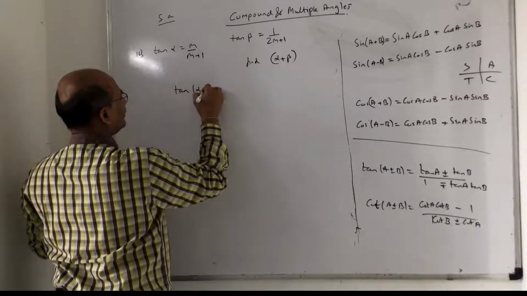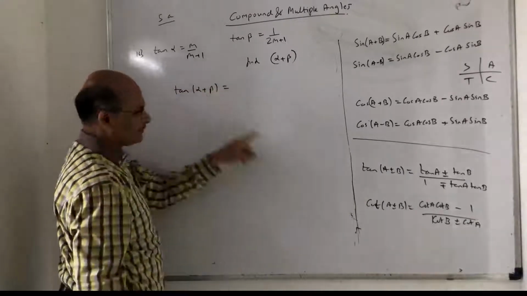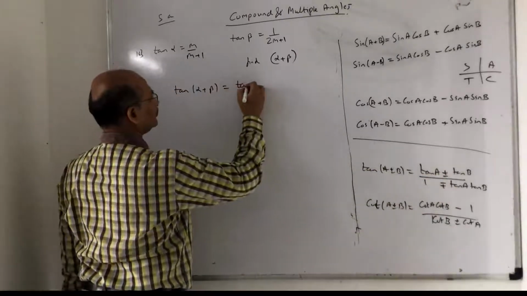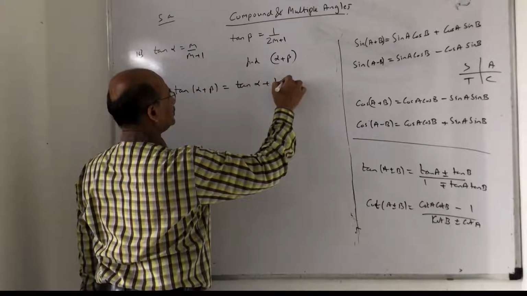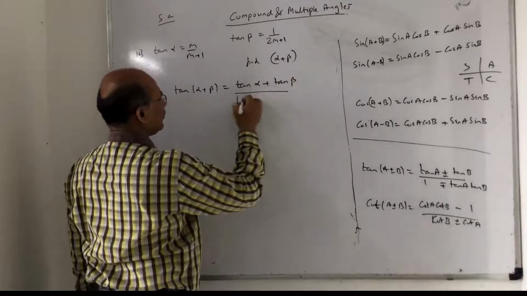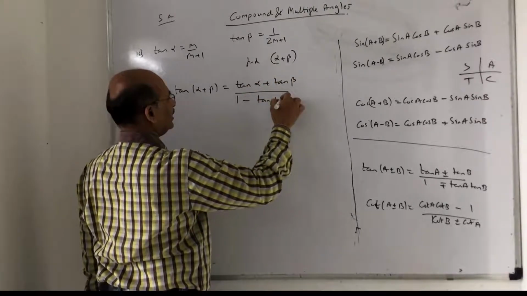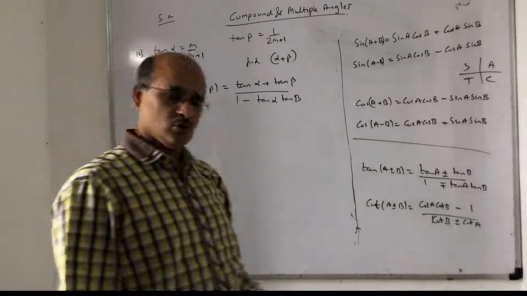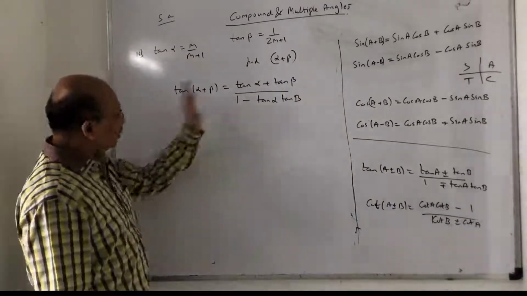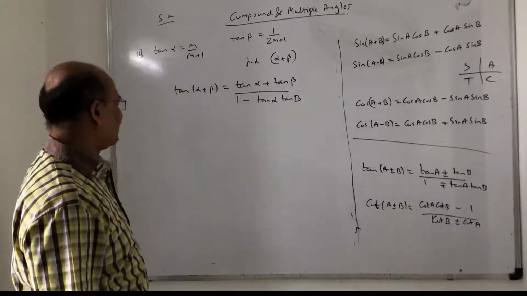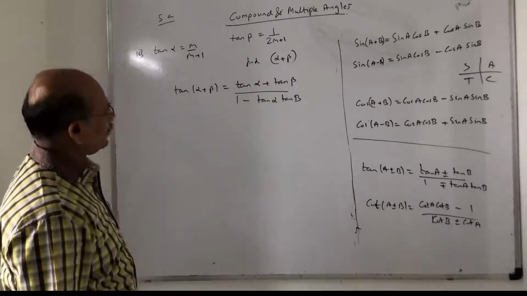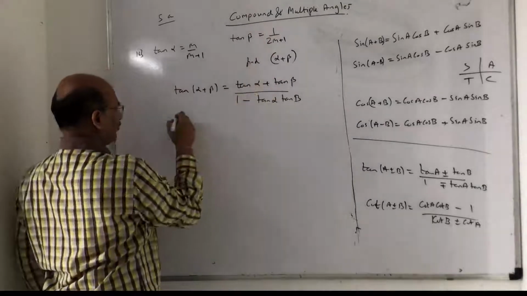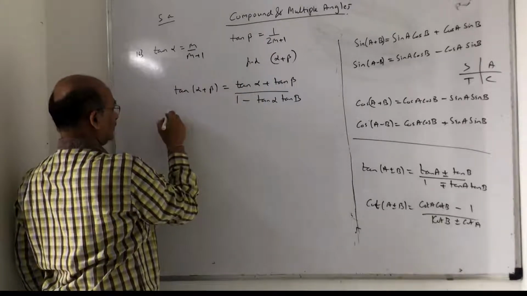Say tan of alpha plus beta. What is tan of A plus B? Tan of A plus B is tan A plus tan B upon 1 minus tan A tan B, instead of doing the right angle triangle. So this way also you can do the sum. So here I can do it directly. In that case it will be slightly difficult. Anyway, coming to the point. What happens over here? I know the value of tan alpha and tan beta. Put in this and see, because in the end you have to get alpha plus beta.